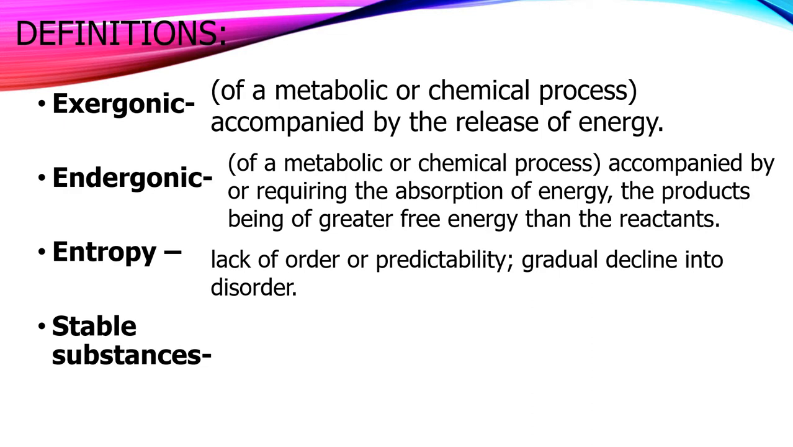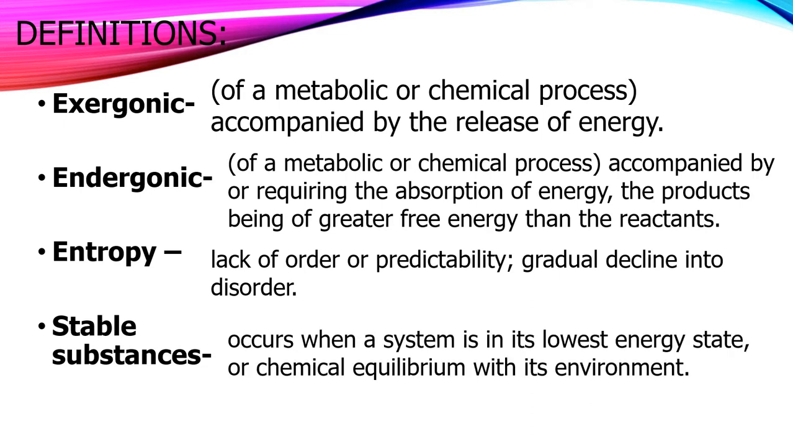So what is a stable substance? Something that's not going to react, that's already at its lowest energy state with its environment. So we've got a few words that we need to make sure that we understand, know the meaning of, and be able to use in referring to different scenarios. If something is giving off heat, I'll call it exothermic. But if it's giving off energy, then it would be